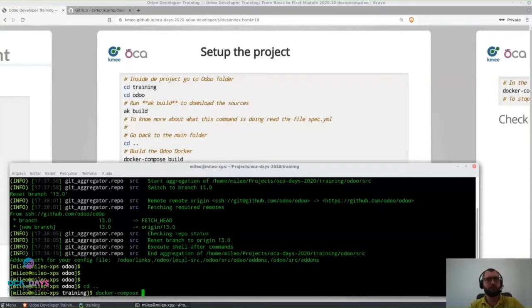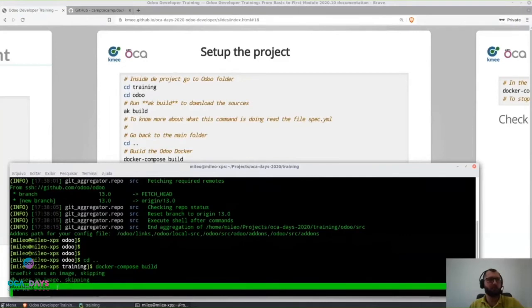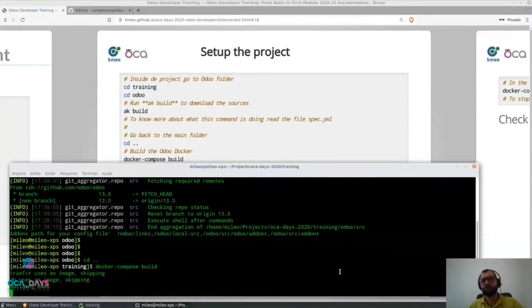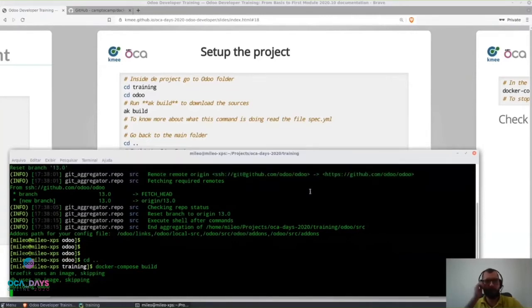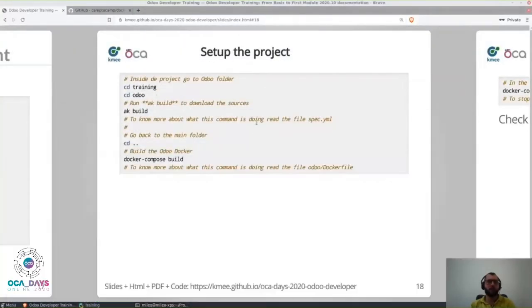use the command docker compose build, and wait a little, because this command takes a while, because it downloads the image for Postgres and builds the Odoo image. Okay, it takes, I don't know, I think 10 or 20 minutes depending on your machine. Okay, then when the